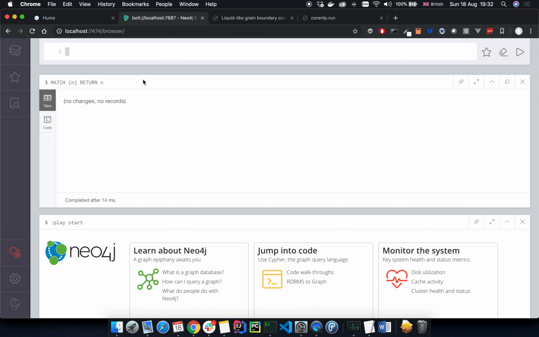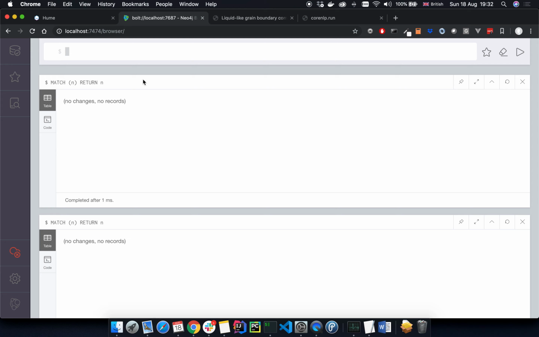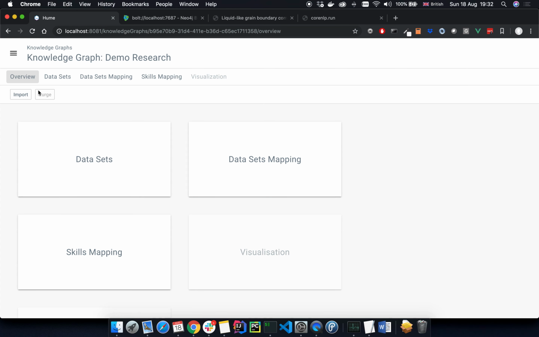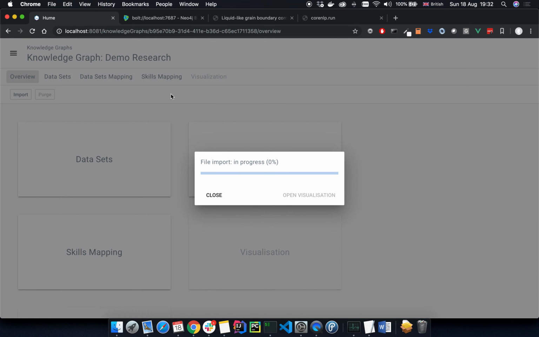As we can see, we have an empty graph. We can now start to import the data. To understand what happened here,